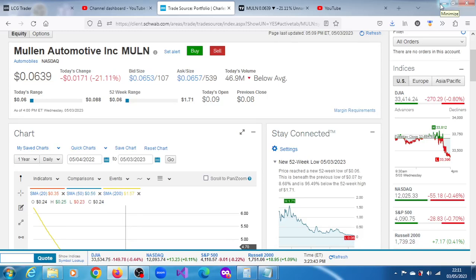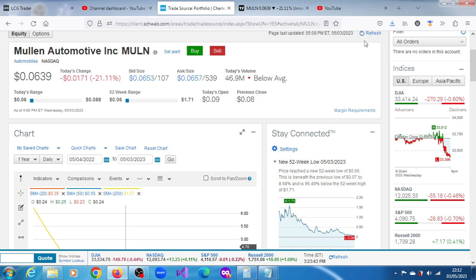MULN stock. The company has now announced a reverse split that will take effect from tomorrow, the 4th of May 2023. But before that, we can see it lost 21% on the news of that, and the price dropped to a 52-week low of $0.06, which was beneath the previous low of 0.7 by 8.68%, and it is 96.49% below the 52-week high of